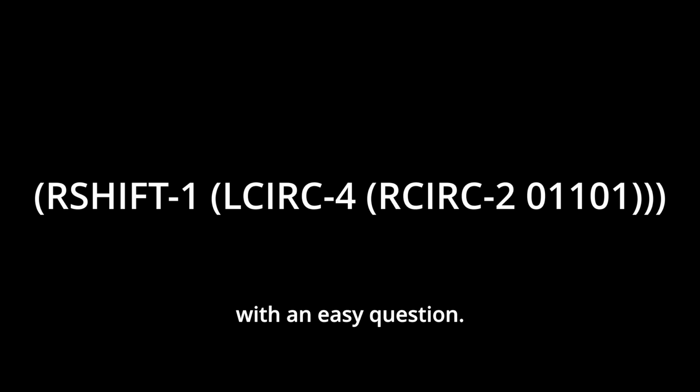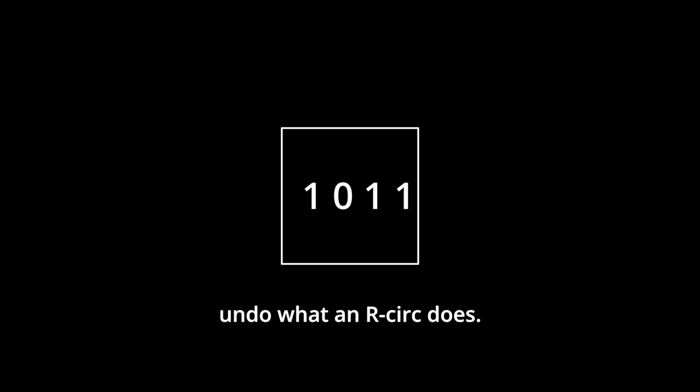Let's start off with an easy question. Firstly, let's apply that RCirc 2, next the LCirc 4, and finally the RShift 1. Or, what would have been a lot easier is to simply subtract. Remember, since we're essentially circulating chips, an LCirc will undo what an RCirc does,